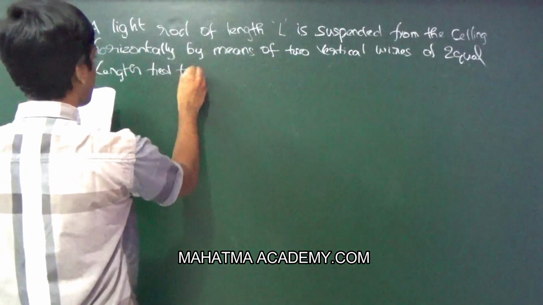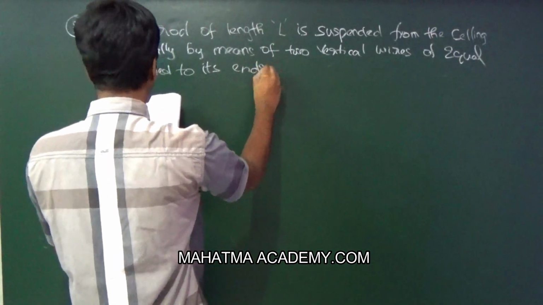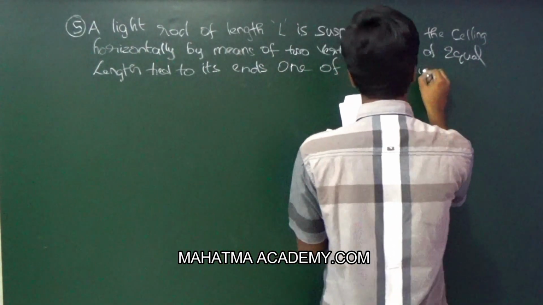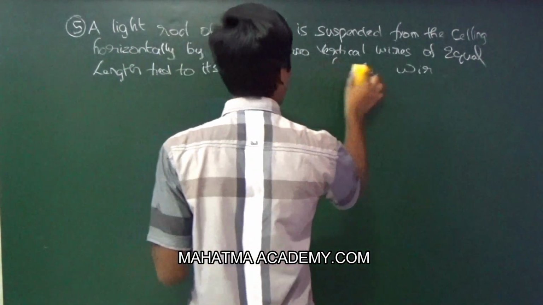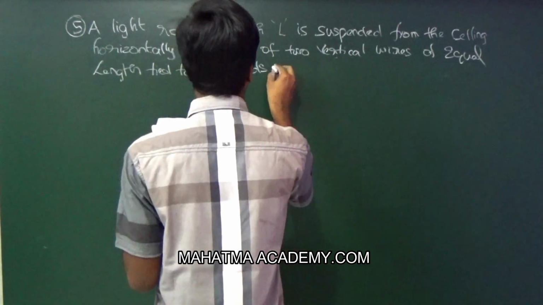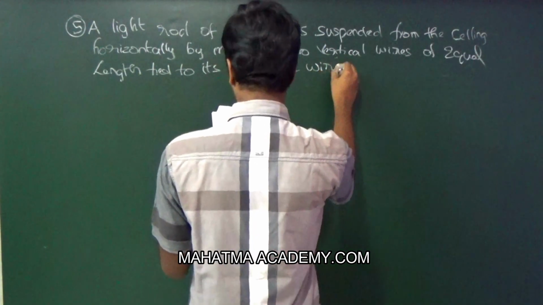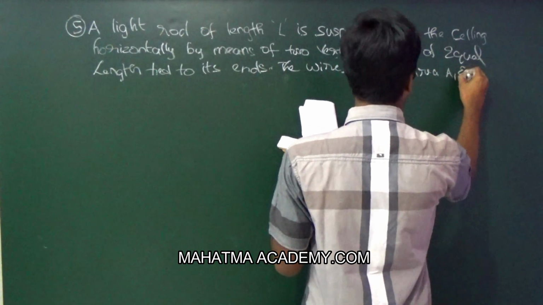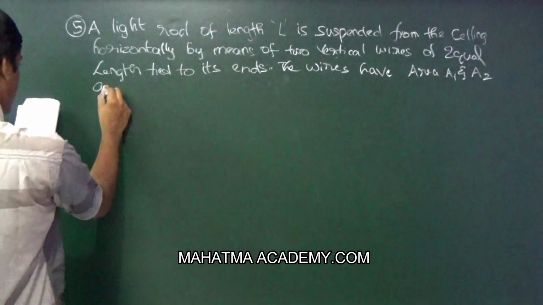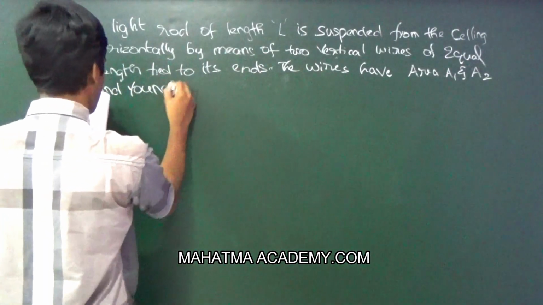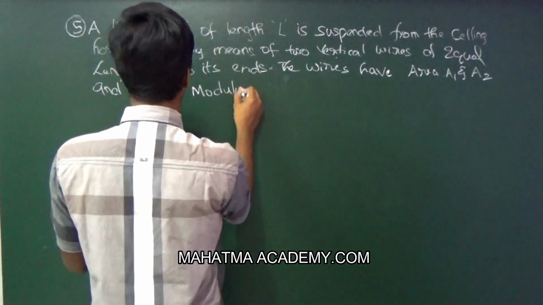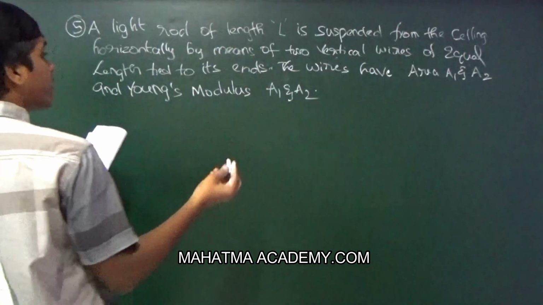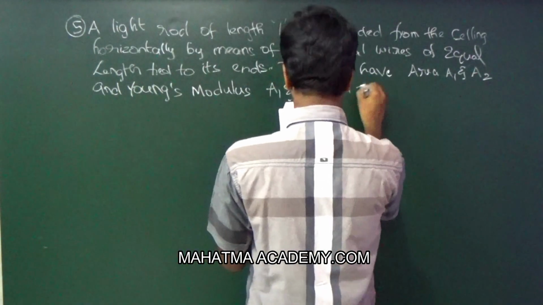Tied to its ends. The wires have areas A1 and A2 and Young's modulus Y1 and Y2. Now the question is to find the